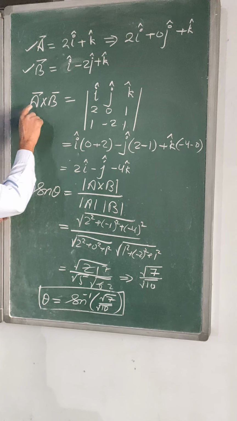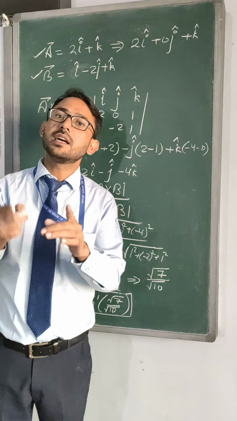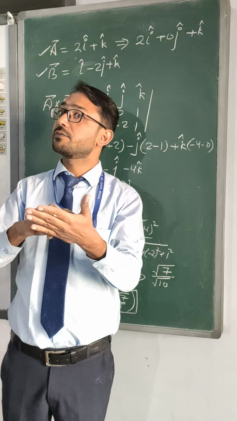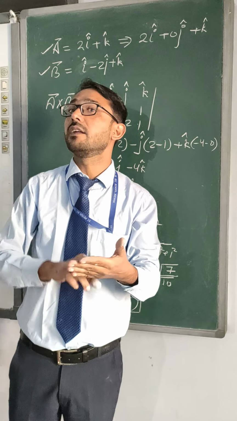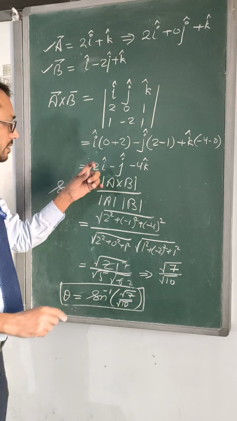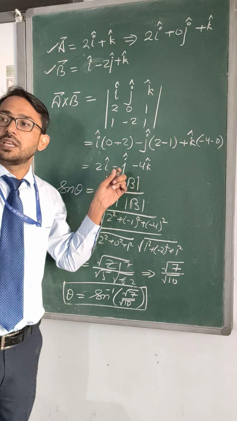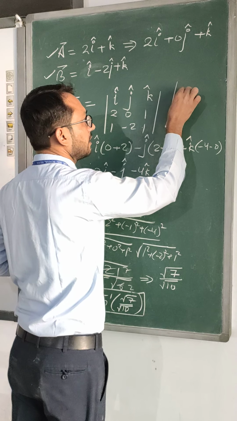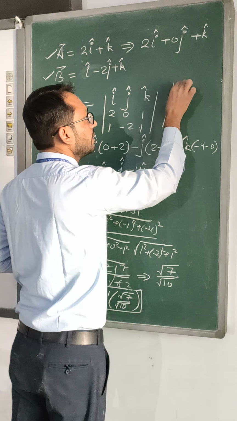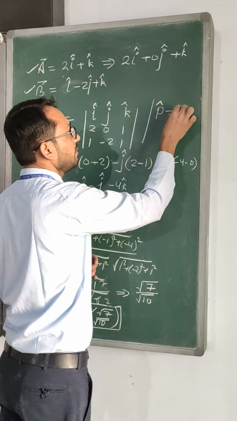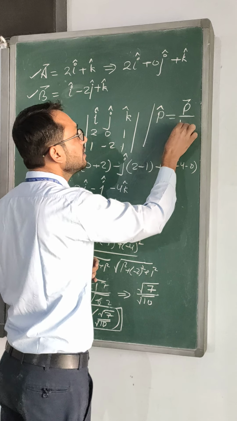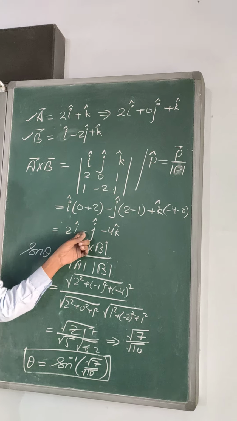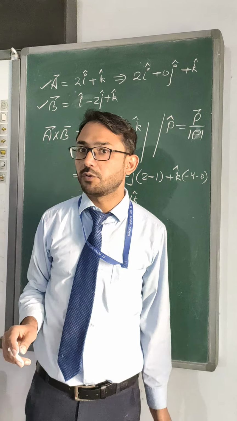The main thing you must keep in mind is that the cross product of two vectors gives us a vector which is perpendicular to the given two vectors. If they ask us to find a unit vector which is perpendicular to these two vectors, then this is a vector and we can convert it into a unit vector. How to convert it into a unit vector? For a vector P, we divide the vector P by its magnitude or modulus. With this we can convert, so this can also be converted into a unit vector. This question has come in the board examination also.